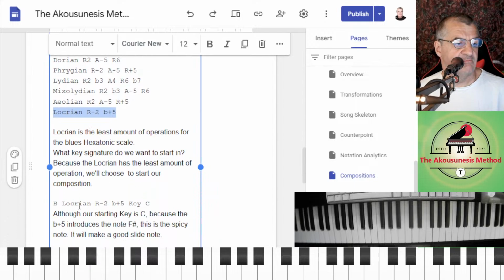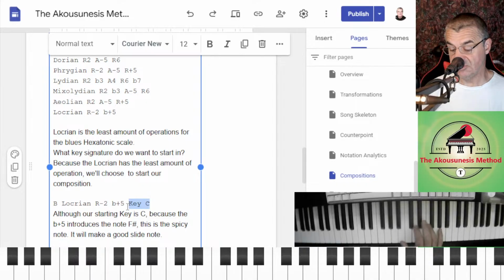Oh, that's correct, B in the key of C. So it's B Locrian in the key of C. And by choosing that, we're sliding from a 5 down to a -5. A lot of the slides are going to be quick, coming out of the Locrian mode.